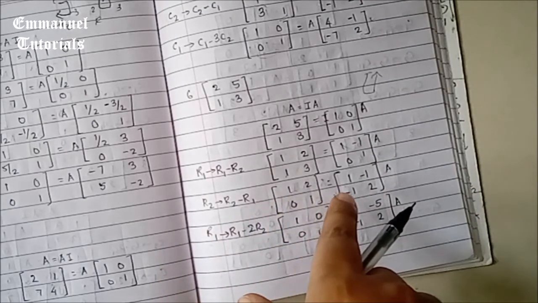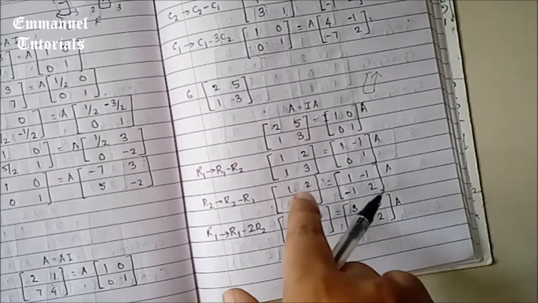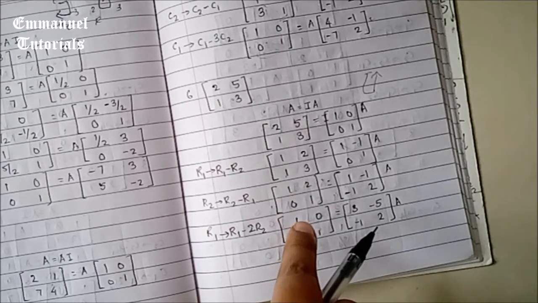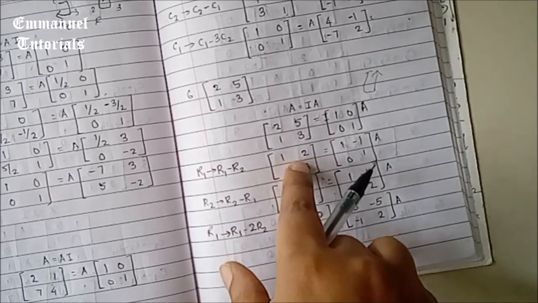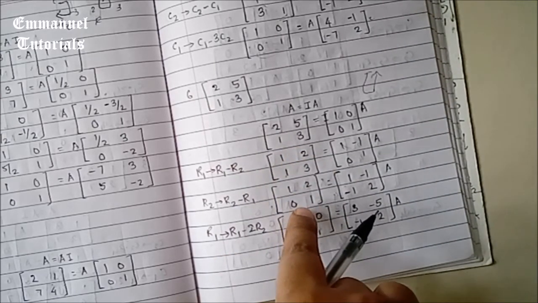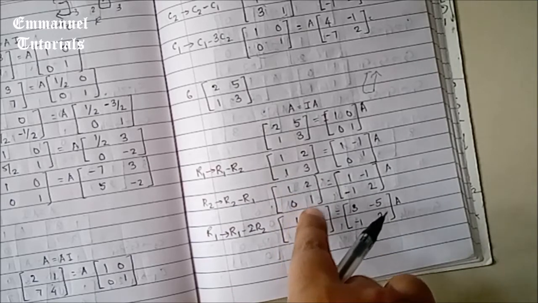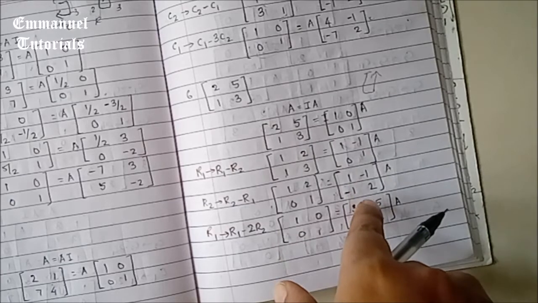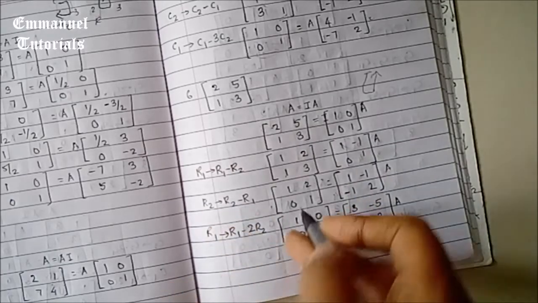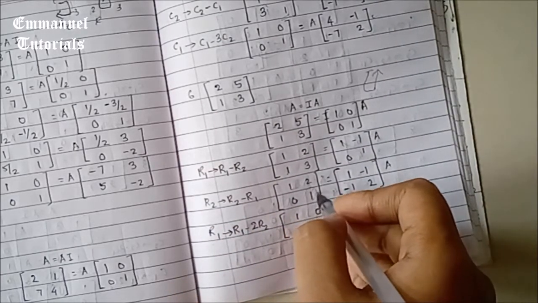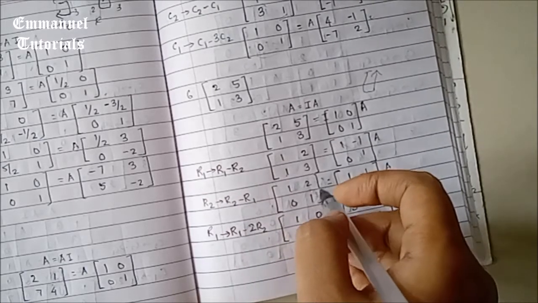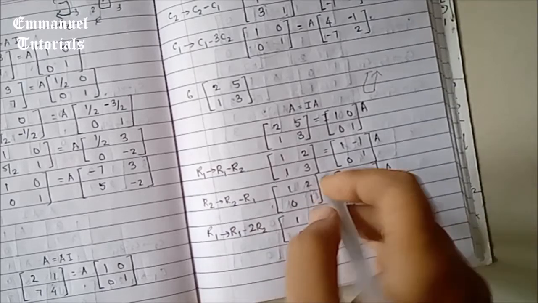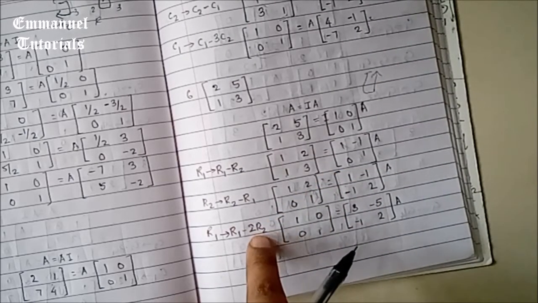Now let's go to the second element, which is 1. Now to make this 0, to make it an identity matrix, you can directly subtract first row from the second row. So it will be 1 minus 1, 0, 3 minus 2 is 1, 0 minus 1 is minus 1, 1 minus minus 1 is 2. Now the third element is already 1, so you don't need to do any transformations here. You can directly go to the fourth element, which is 2. You have to convert this to 0. So it will be R1 minus 2 times R2.